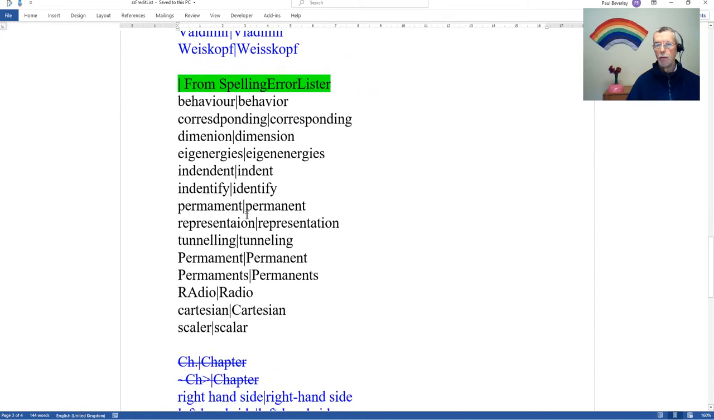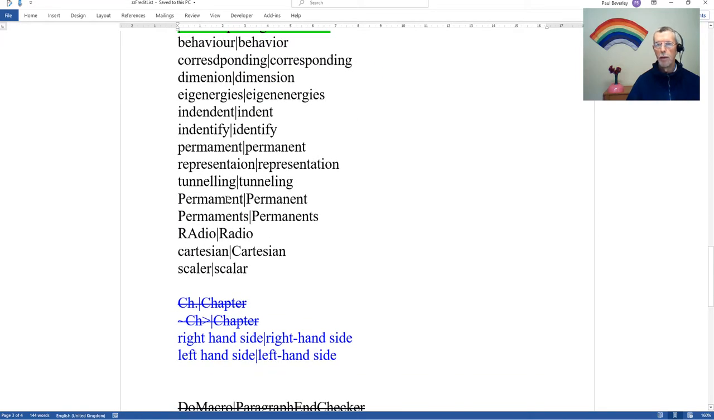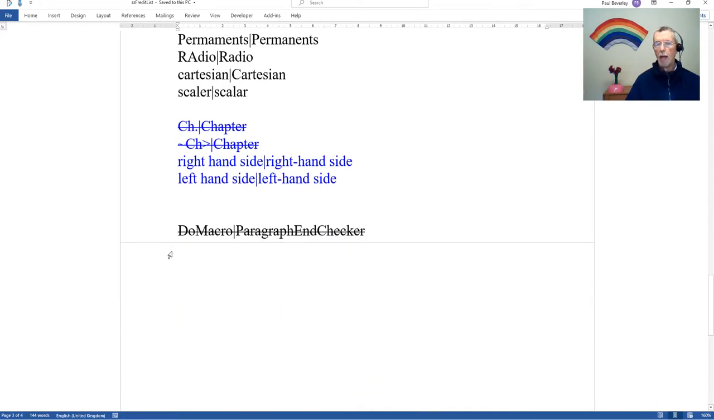And then the straightforward spelling errors, I know those occur from the spelling error list. I know those occur somewhere in the document, and so I put those in my Fredit list, so when it gets to the chapter that has those in, then those changes will be made. One or two other changes that I wanted making there, and then the final thing I do is run this